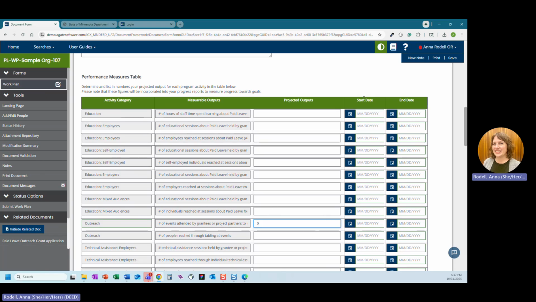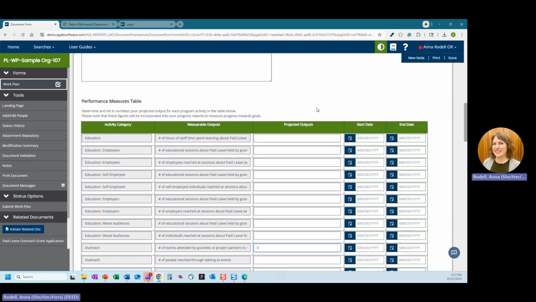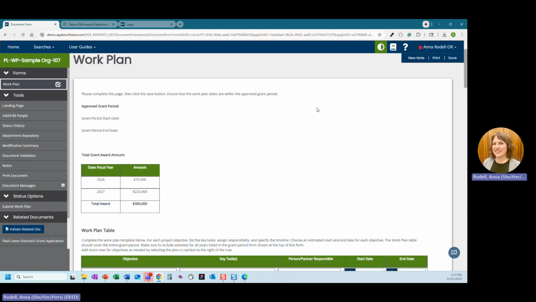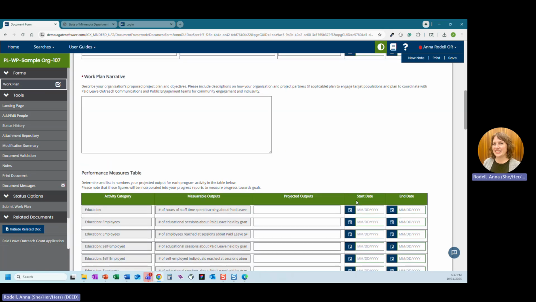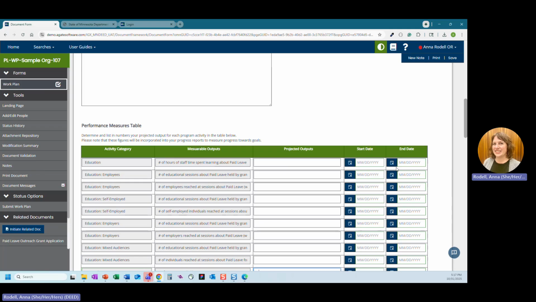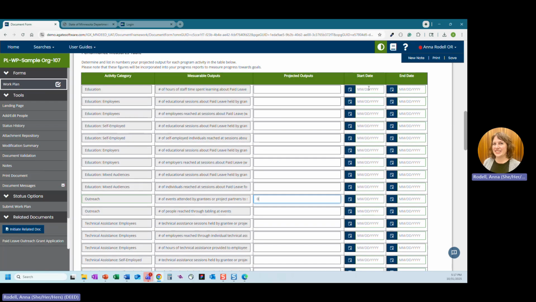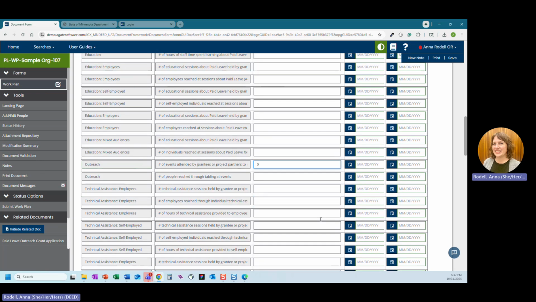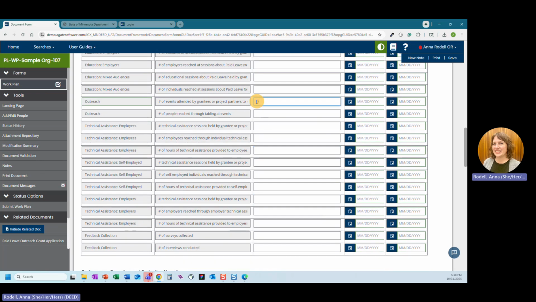For the start and end date, this grant program is asking you to put the entirety of the grant start and end date, which is reflected in the grant period above. Again, this will display to you what those dates are. So for the start date and end date, it'd be for the entirety of the grant period, which would be the whole grant. The end date would reflect the same as above, and the start date would reflect the same as above. You must complete each row in its entirety before you can click save, or else it's going to give you an error message that you have not completed